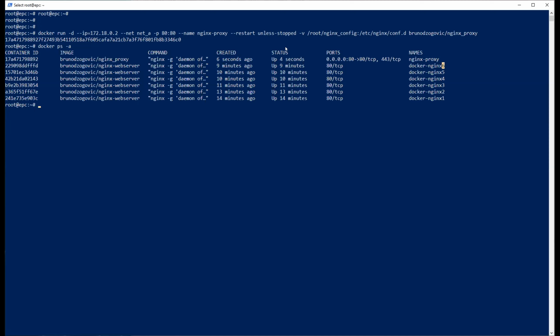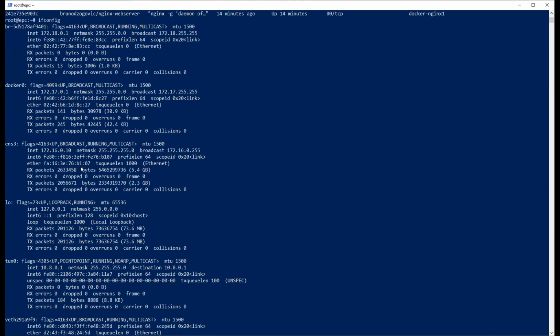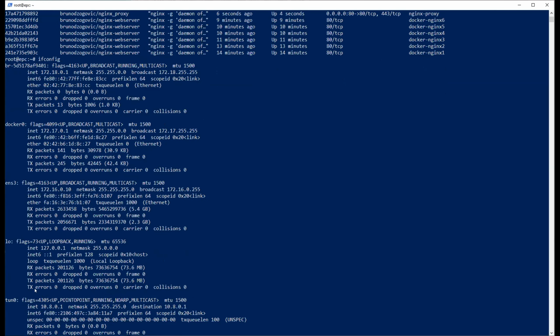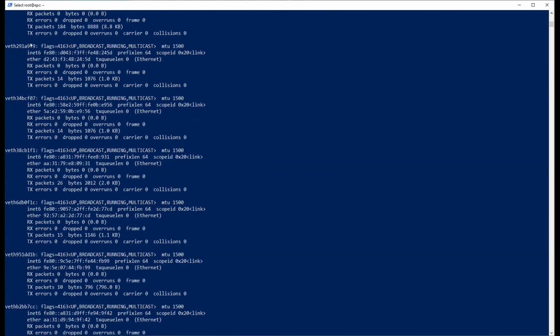So in this case, you just have a main entry point, which is going to be this initial container. So everything that's coming on the public interface of the VM, it's going to be redirected from the main interface. Let's call it the public IP because that's where the OpenStack is hosted, and it will go through one of these interfaces, let's say this one.